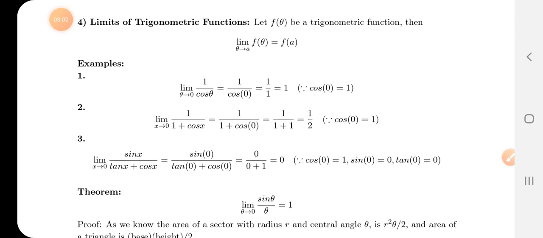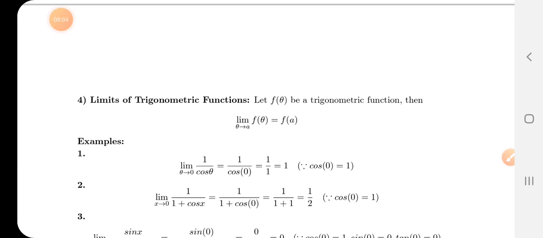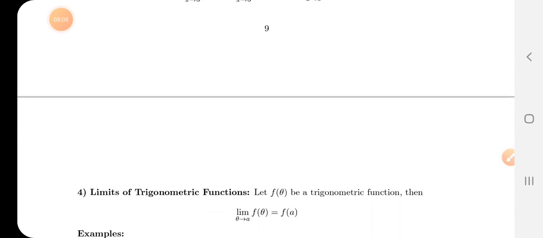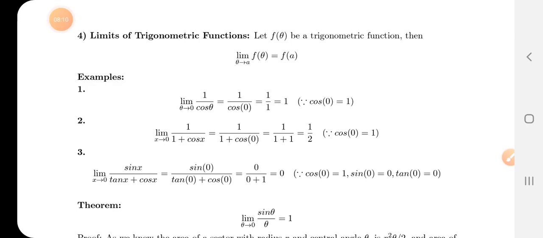ओके, आगे है, आई थिंक दिस आई विल कवर इन द नेक्स्ट वीडियो, लेंथी हो जाएगी, ठीक। इन द नेक्स्ट वीडियो आई विल कवर द लिमिट ऑफ ट्रिगोनोमेट्रिक फंक्शंस।